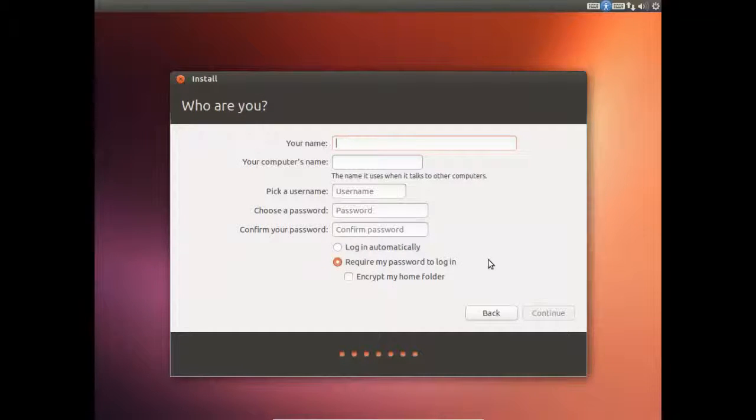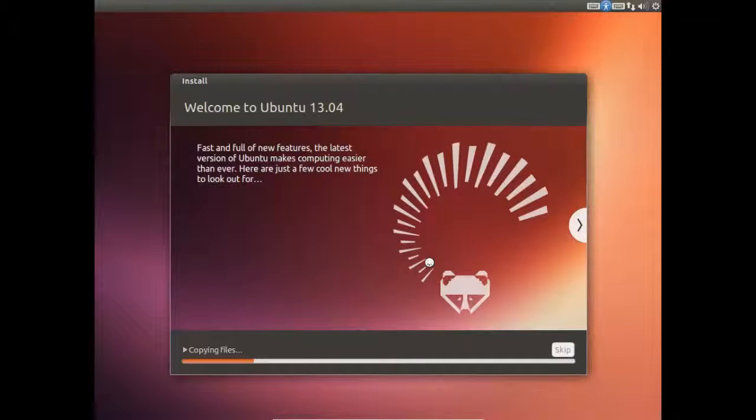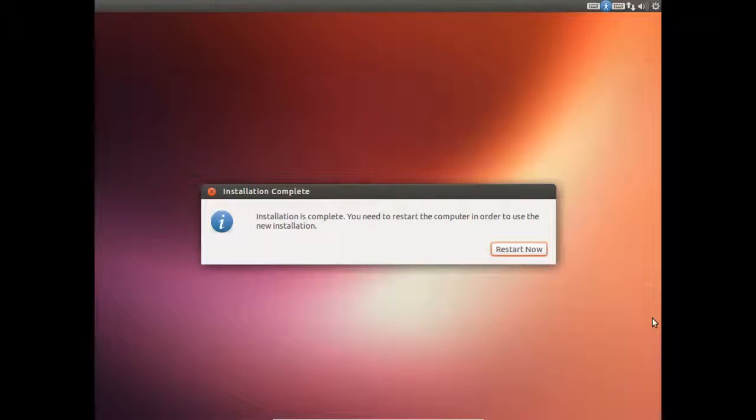And now we're just going to set up a username and password. So I'm just going to set this up here. And I'm just going to press login automatically. And I'm going to set a quick password as well, which is required. I believe that these can be changed later as well, so if you do mess something up, don't worry. But I'm just going to pause this now for the sake of time, and I'll come back when this is done. Okay, so now the installation has just finished, so we just need to press restart